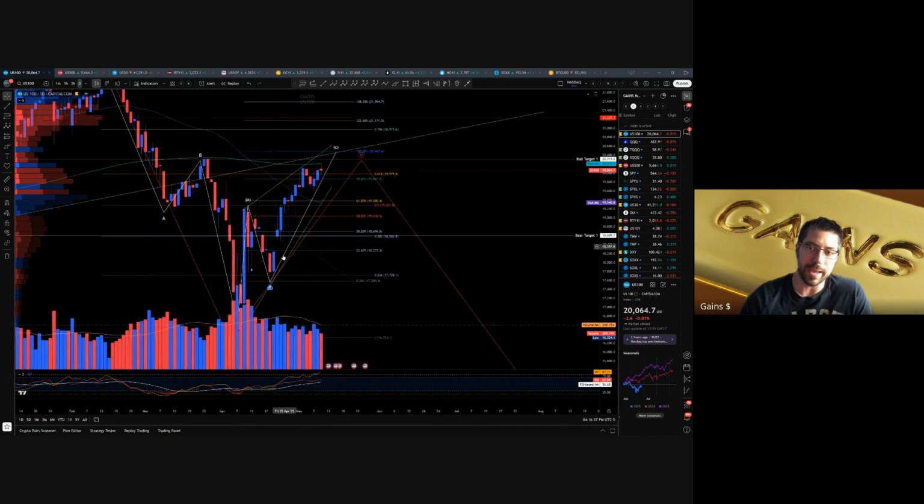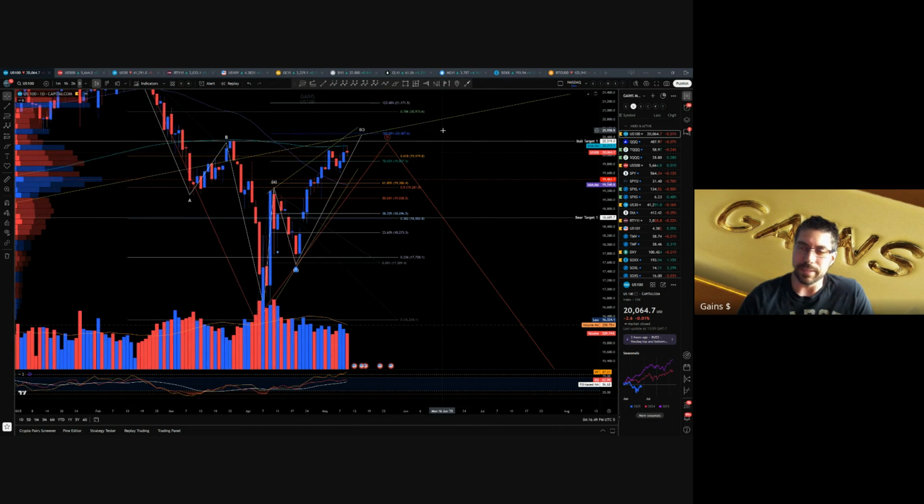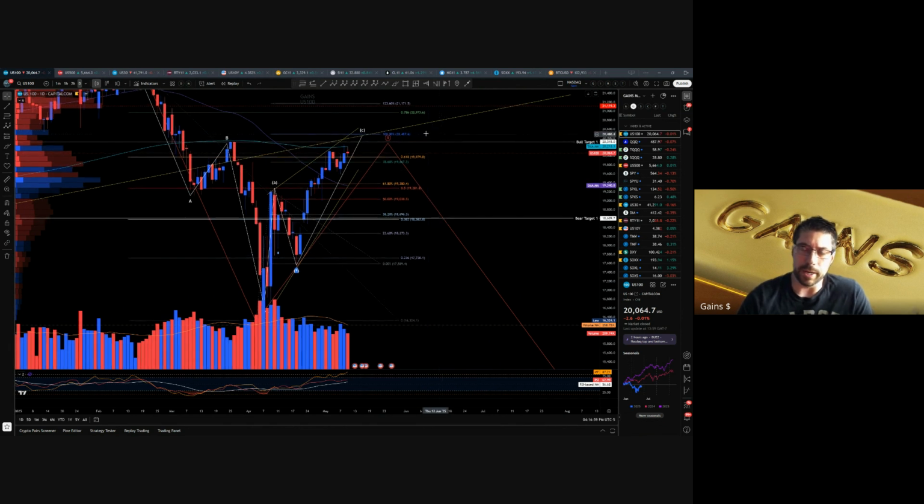Longer term, we've been waiting on this for quite some time. We had a retrace down here, and then they just took it and ran with it. They did have that little trick to get above resistance, which is kind of lame, but it is what it is. We played the most complex and difficult game in the world. So just having some patience and waiting for the market to top here, and then ultimately head back down. That's what I'm waiting for.